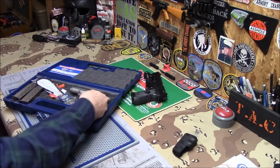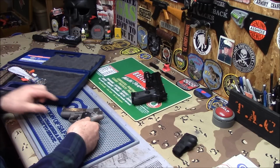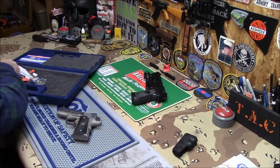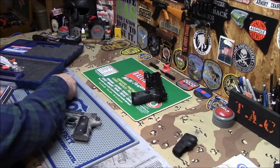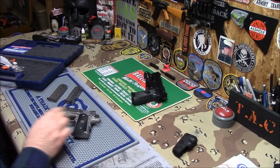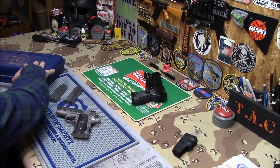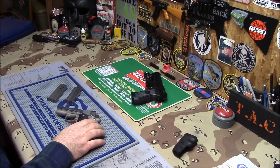So here it is, a Colt Defender. I've been wanting a Colt Defender for so long, I can't even explain it. The reason why I was hesitant on always getting one is because these small 1911s seem to be very fussy with reliability. But when I did my research on the Defender,